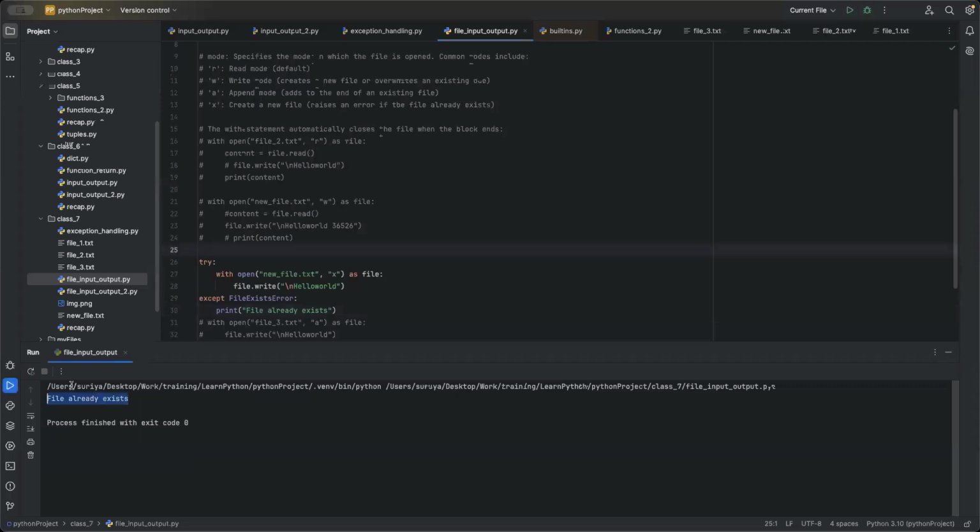So file already exists is the error. Otherwise, with write, it is poor coding, because you didn't